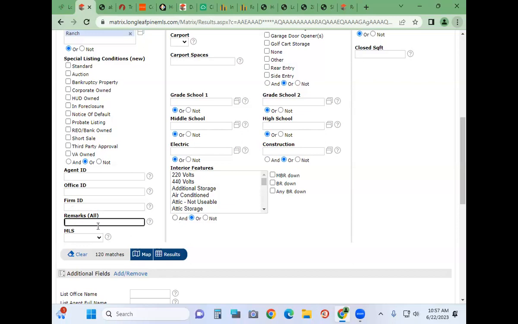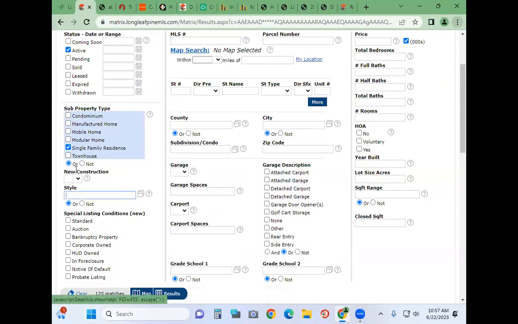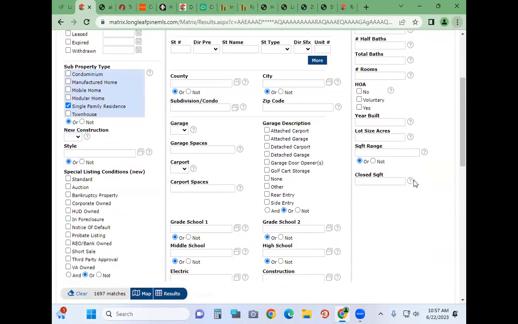Okay. So remarks. This is a little trick that we've got. The asterisk is a wild card. So if you know that you want a pool and you want, let me remove all these other limiting factors. I think that one's safe. If you know that your client wants a pool,